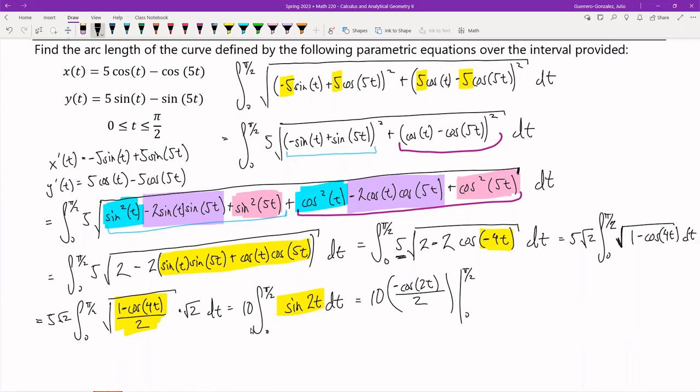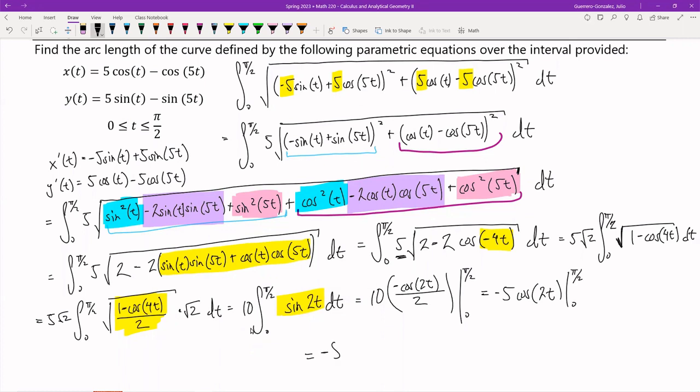Okay. This gets to make it a little nicer. So I'm going to have, and did I forget a negative? No, I did not. So it's going to be negative 5 cosine 2t evaluated from 0 to pi over 2,